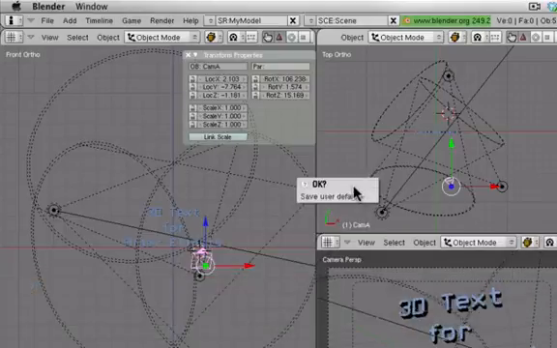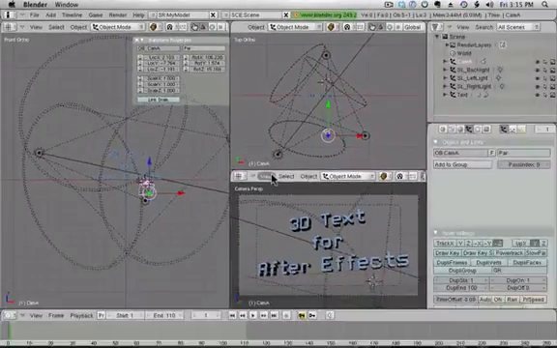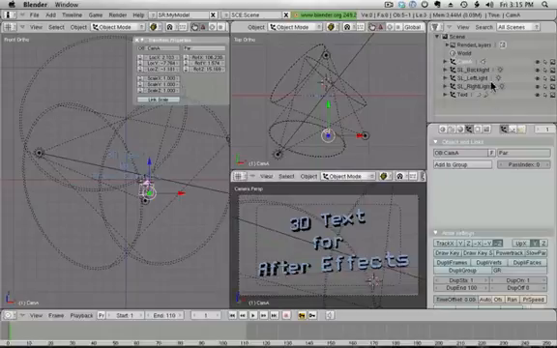Now let me just stop at this point, okay? And let me tell you one interesting little secret. At this point, I have my scene all set up correctly. I have my outliner view here, so everything looks pretty good. If I were to save the default settings at this point, Blender would save